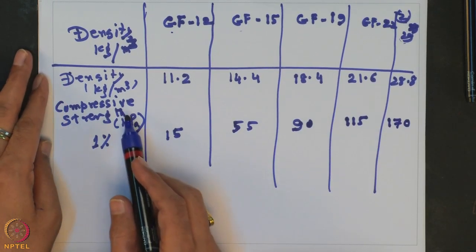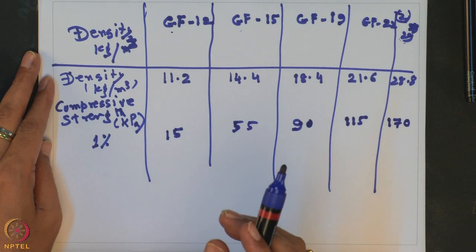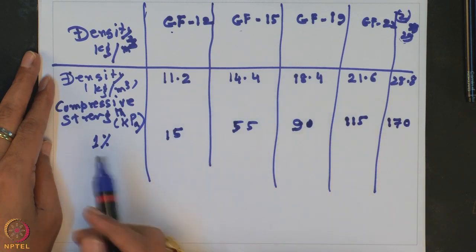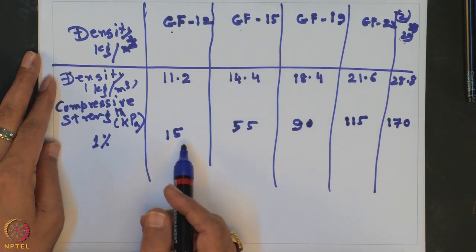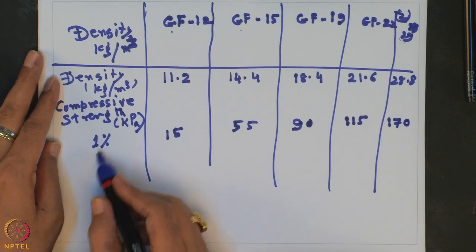So, this is how you determine compressive strength of the EPS geofoam for 1% strain value,